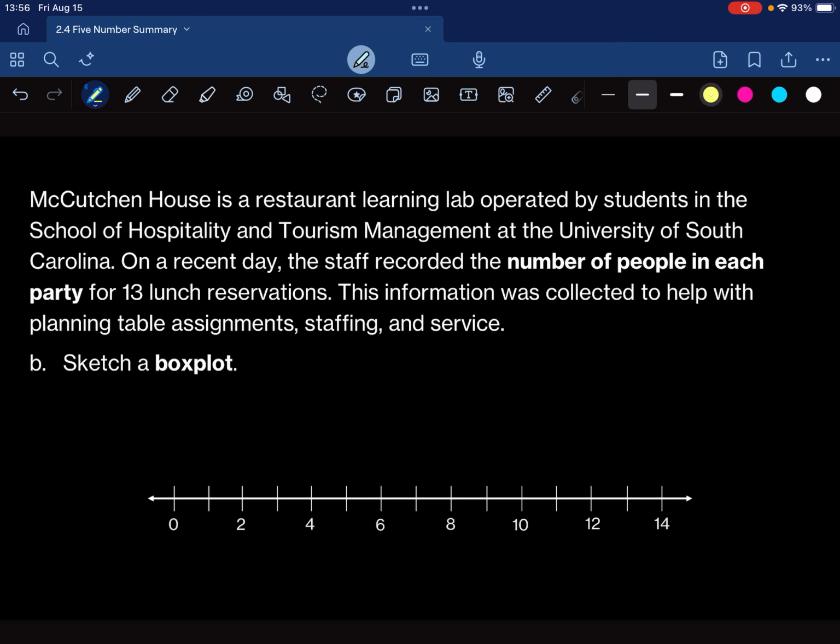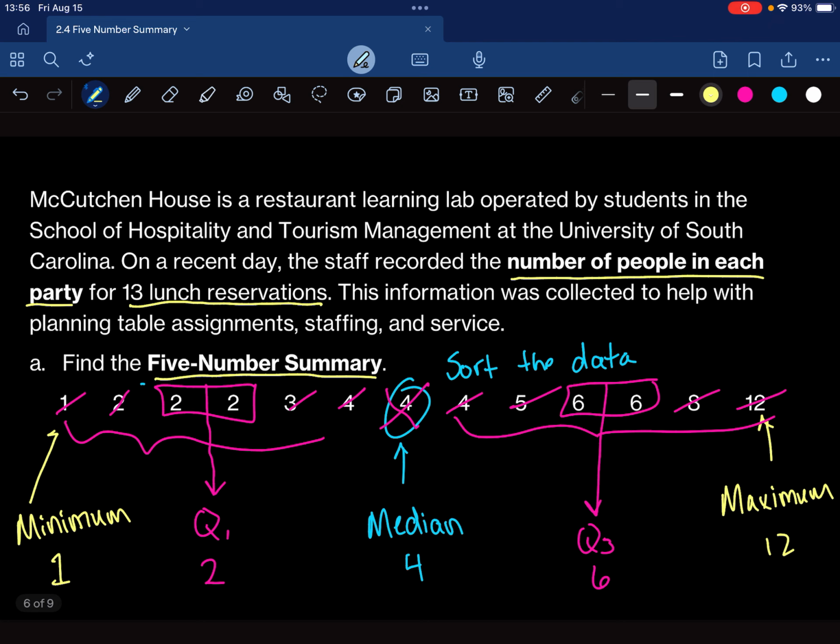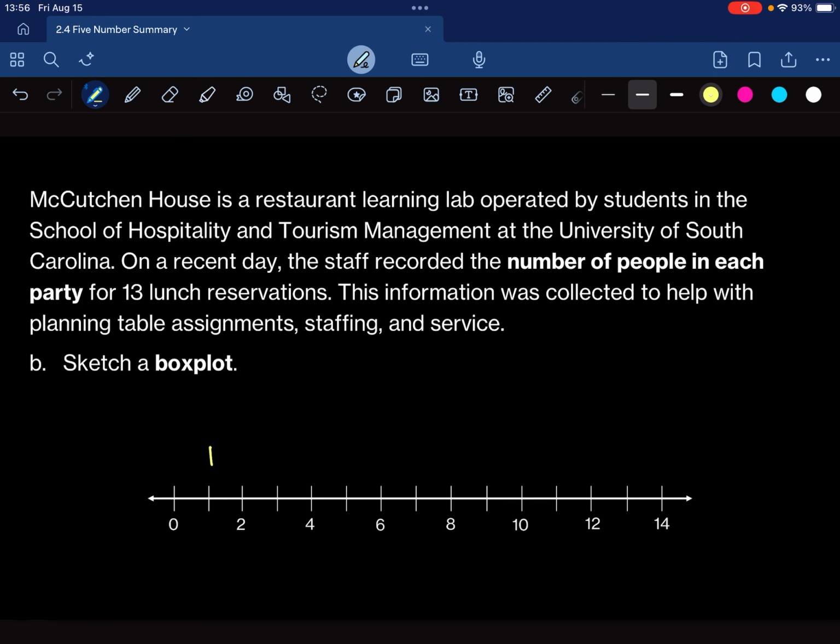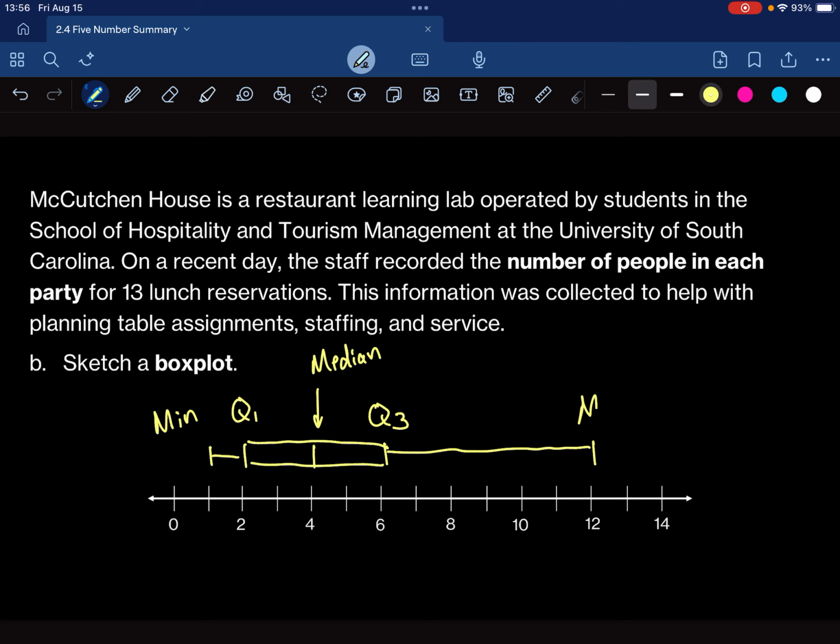So what I'm going to do, again, is just use those 5 numbers. So I'm going to look back. 1, 2, 4, 6, and 12. That's my 5-number summary. This one, again, was the median in the middle. We make the box out of Q1 and Q3. There's Q1, there's Q3. And then we make our whiskers to the minimum and to the maximum. And so that is a box plot that represents the same data, and it's just 5 numbers representing the 13